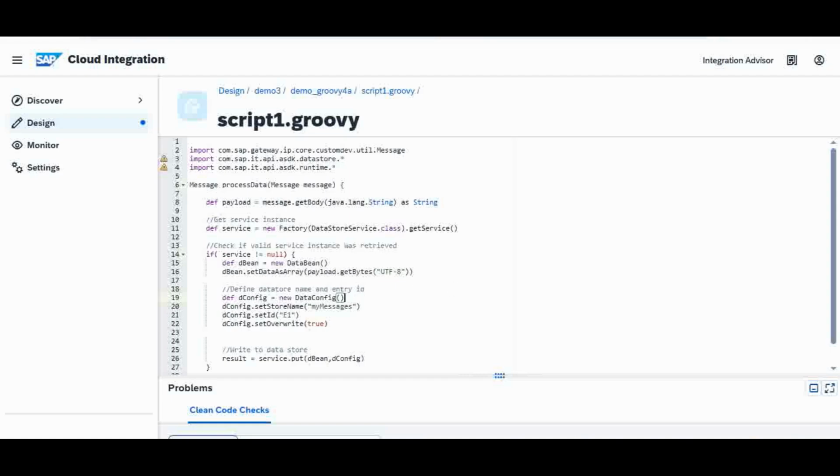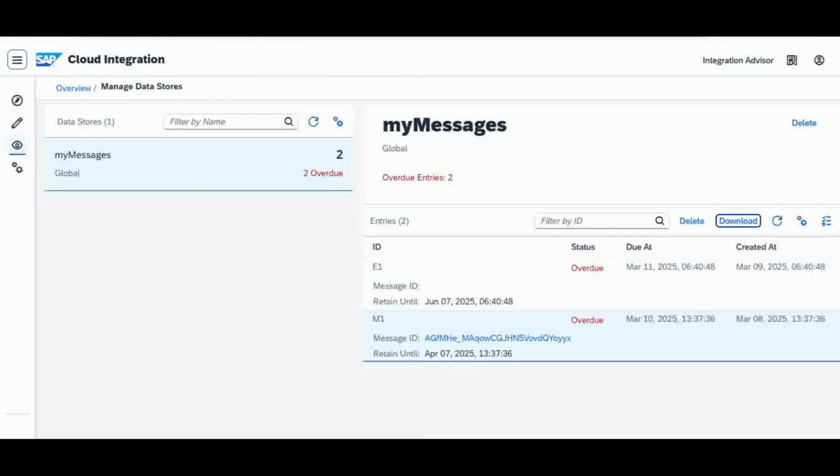Data store name, what its configuration is, like whether it is global, or whether the message you are going to write can be overwritten if the ID already exists. Those kinds of configurations are all the metadata of your data store, that you will store in the